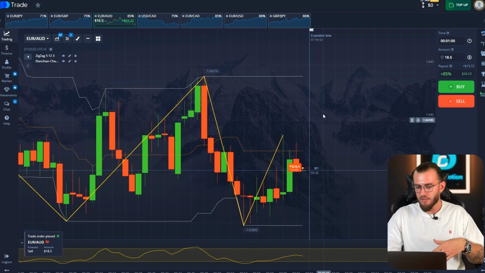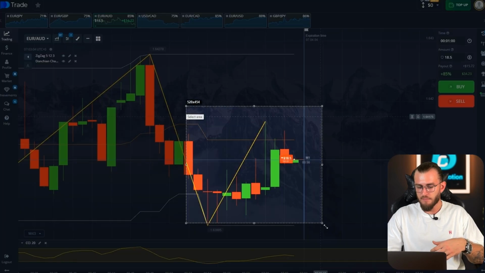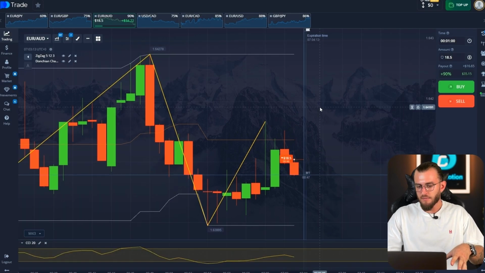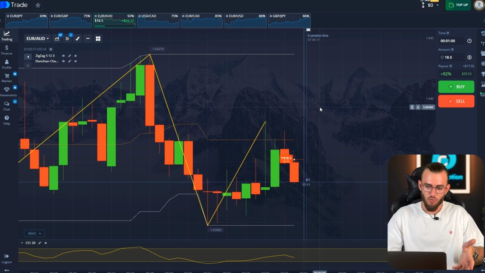I will still enter a short position. Now I'll show you why it's worth it. So we are interested in the last red candle. You see it, right? Its reversal down from the central line of the channel, as I mentioned, is a signal for a decline. Therefore, we will wait for the expiration to end, and while we have time, let's continue